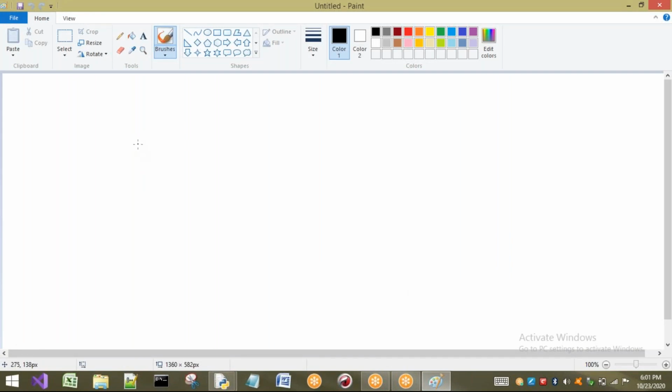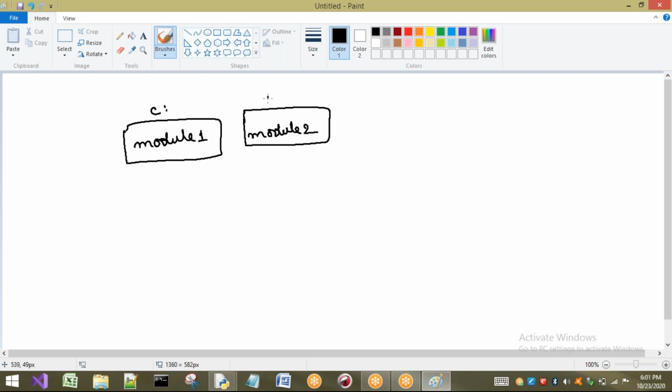That is, if you want to access some module, for example, module 1 and module 2, where one is present in the C drive and the other in, for example, the D drive. Now if I want to access module 2 from module 1: in the previous examples, in the concept of packages, I created two packages, Shiva and Ram, and I showed you how to access a module present inside Ram from Shiva, in previous sessions.